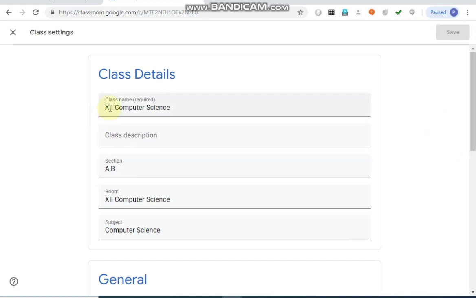And for the description I make you understand that since I take computer science, so 12 computer science, and I take 2 sections simultaneously, A and B. So A comma B I have written, and 12 computer science. Now I want to mention both the sections together. So I have written like this.